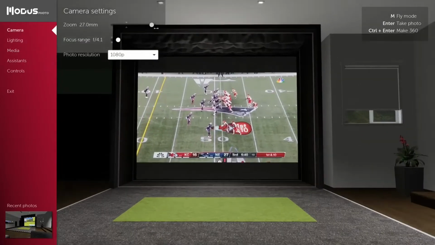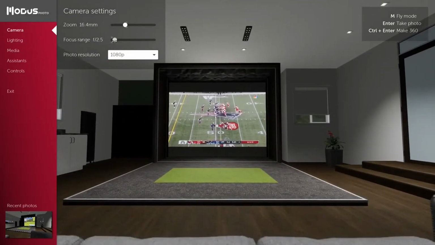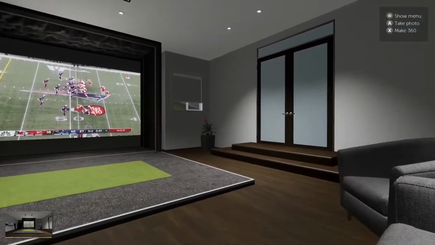I can fine-tune some of the camera settings so I can get a wider angle or a narrower angle on the room. We've got some settings for blurring out, doing some depth of field effects as well. And these are high-resolution images that we can capture as well. So I'm going to grab this one, hit the button, and from that point, there's one final feature,